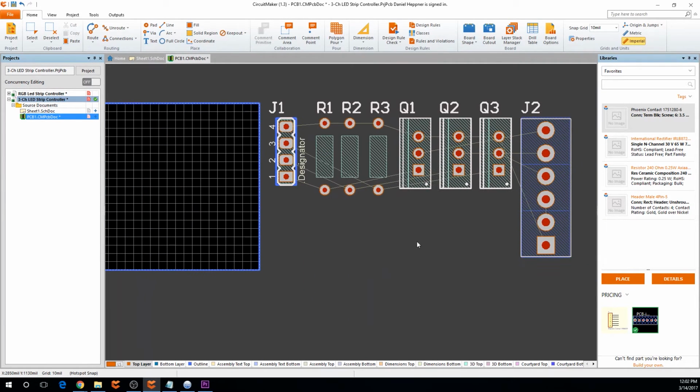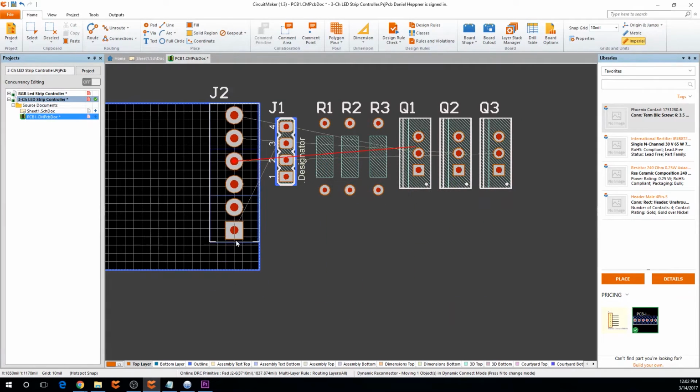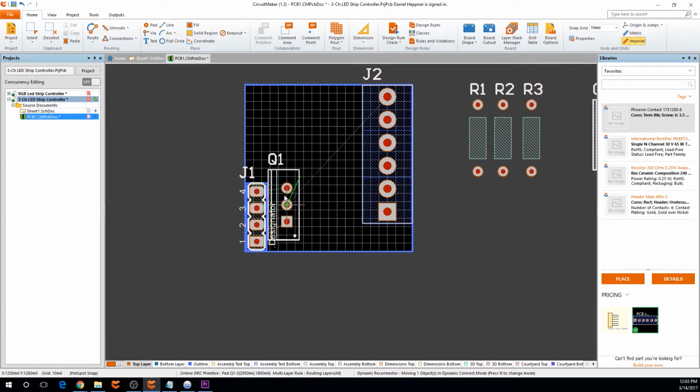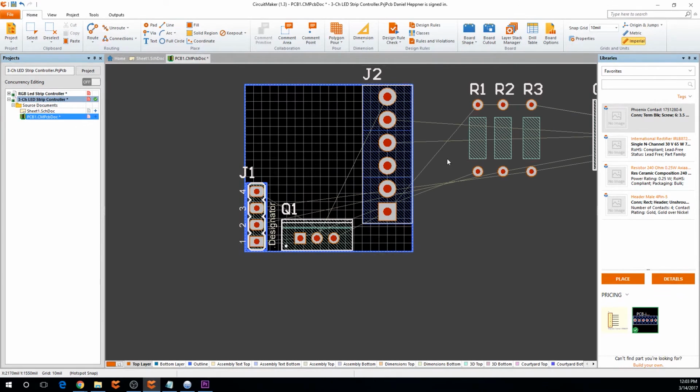Okay, so let's start laying these out. We're going to want the screw terminals right over here on the side. Good. We're going to want the pin header over on this side. Now we're going to want to put in our MOSFETs, and if you look at the rat's nest lines, this one connects down to the bottom of the header. The one on the top is ground because it can connect to either the screw terminal or the pin header itself. So I'm going to rotate this so that there's not too many things crossing over,